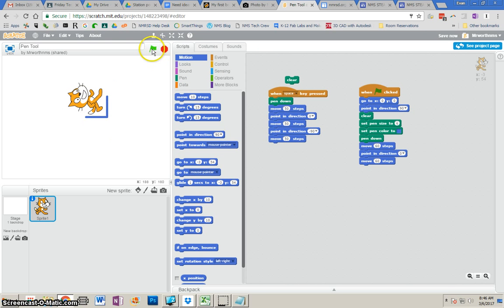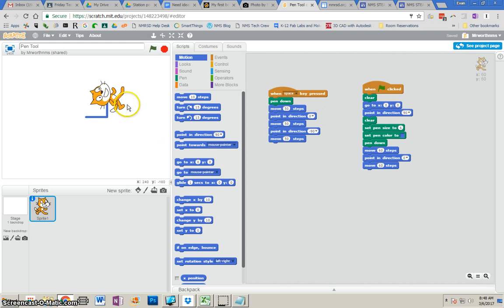And if I hit the green flag again, you can see he just overwrites what I already did, and he just starts at the end of my code. All right, so then from here, I can just add another point in direction and move 60 steps or whatever and keep going. And that way I won't kind of have the same mess that I was having with this. And I hope that helps you guys with how you're going to build this, okay? So remember,